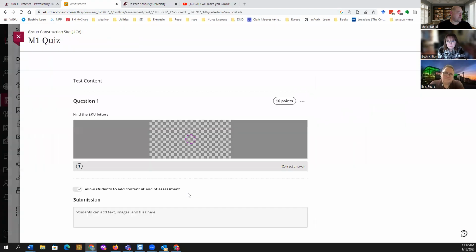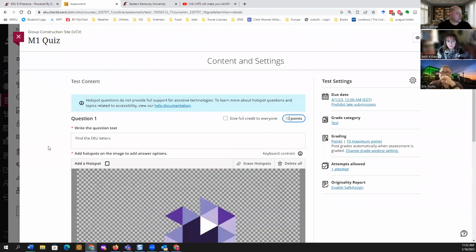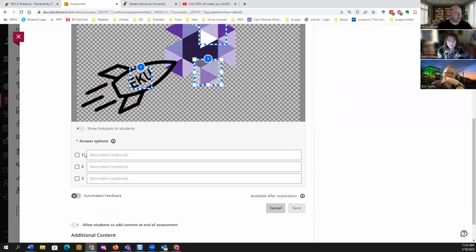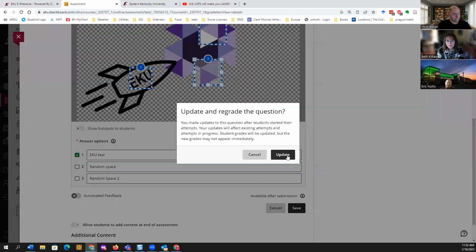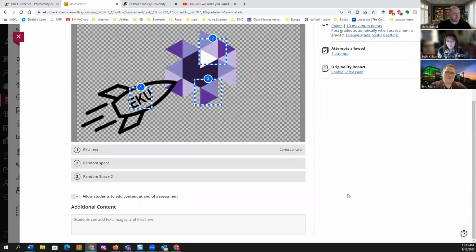So if I go back to this quiz and edit this question, I can add more hotspots. I could make only one of them correct, or I can make all of them correct. I can also give descriptions. So that's the hotspot.